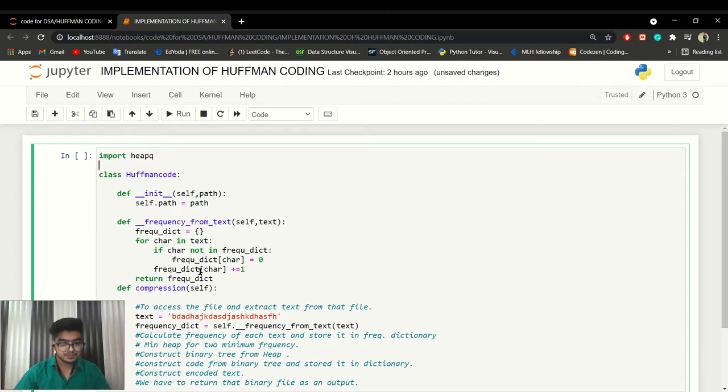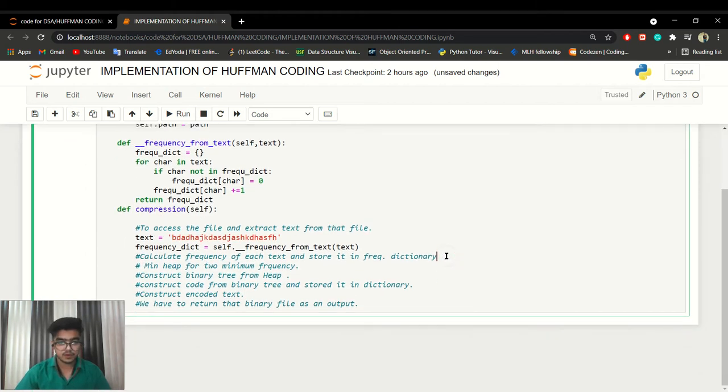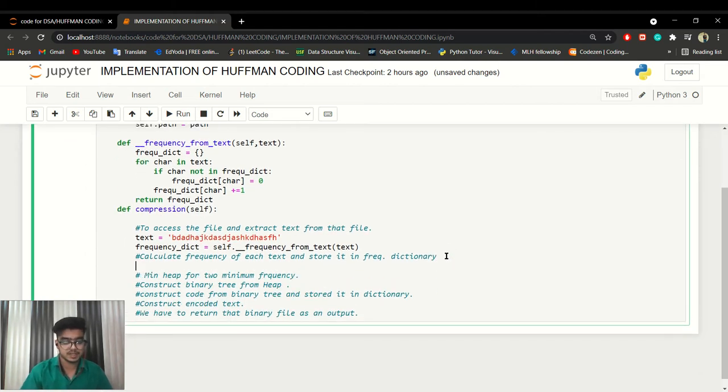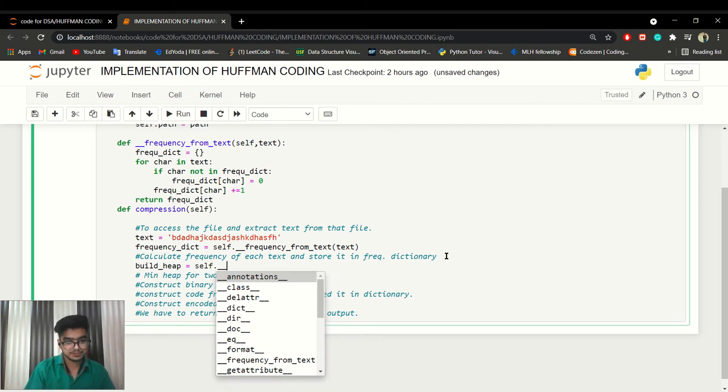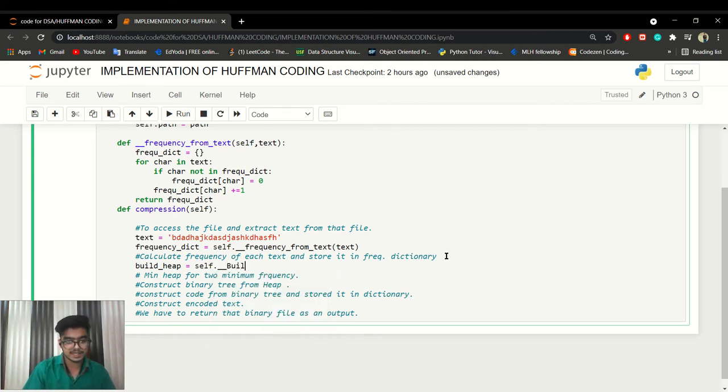And from there, how do we create a heap? We are building a heap by making a function, which we write as build heap.